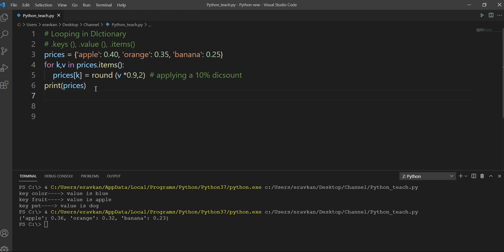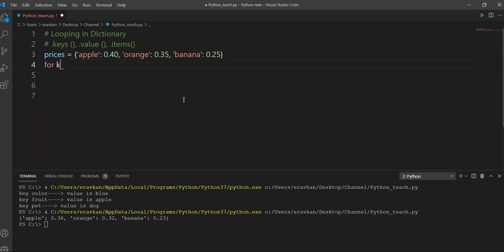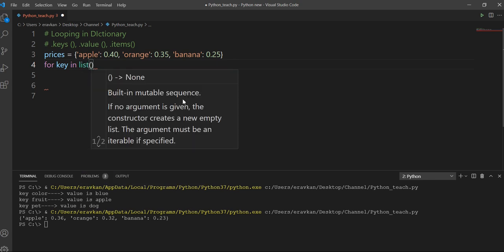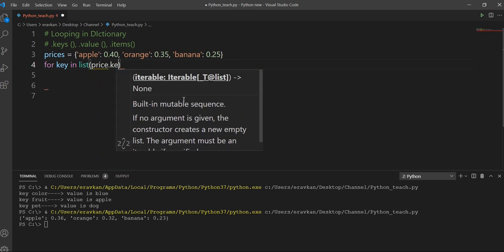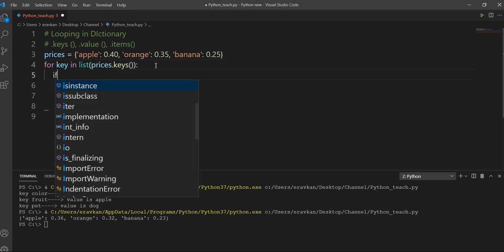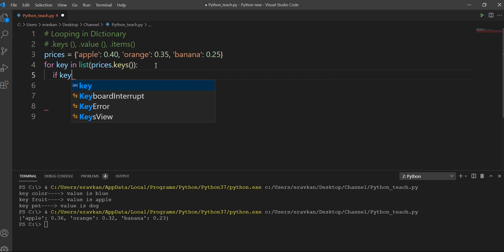Or you can do one thing also. You can do the looping for key in list. You can make a list of your prices.keys by using the list function. Then you can use an if condition also, whatever you want to check.